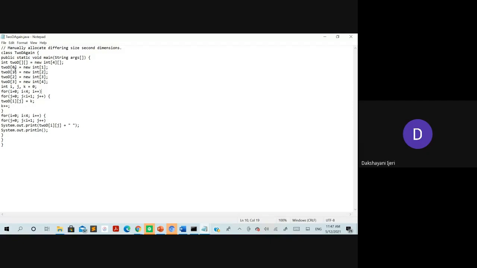For the second row you have 2 columns. For the third row you have 3 columns, and for the last row you have 4 columns, right? So the only difference is the declaration; the rest of the things are the same, right? I'll show you with an output so you'll get to know here.